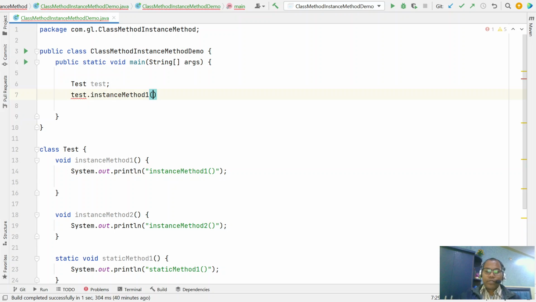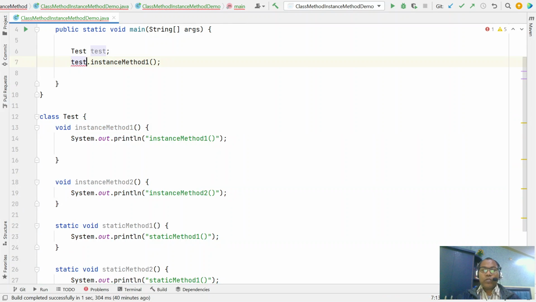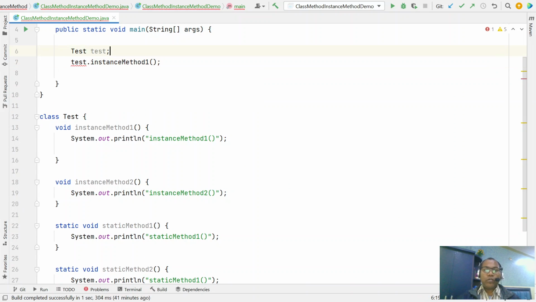The question is, is this feasible or not? The only way to access any method is using the dot operator and your object reference. But this is a compile time error, Test is not initialized, so let us initialize it.